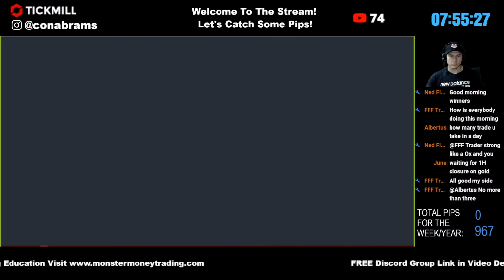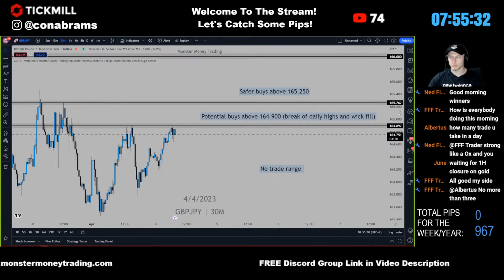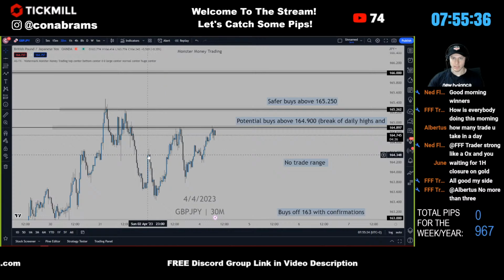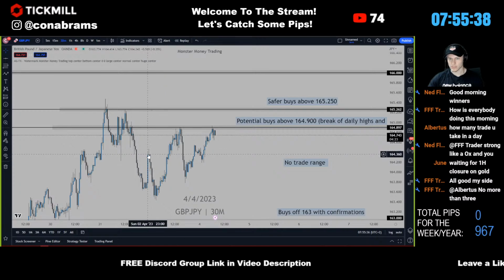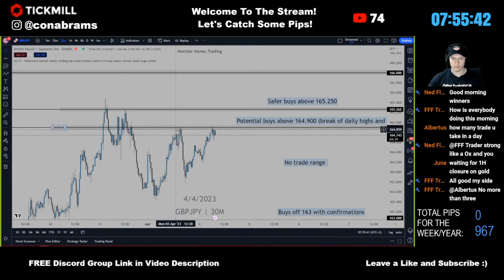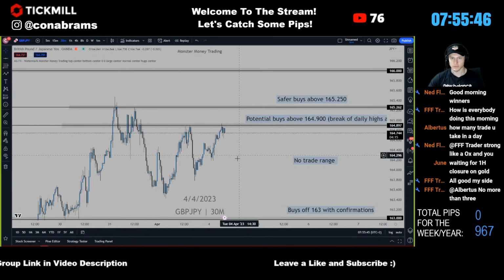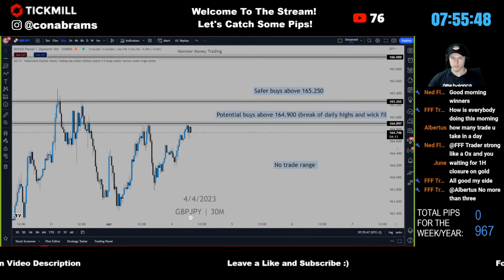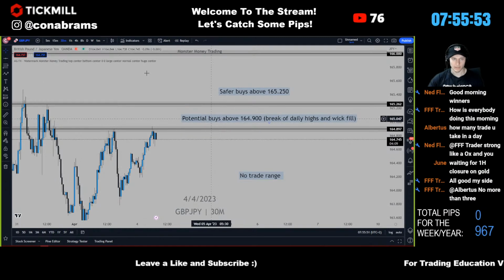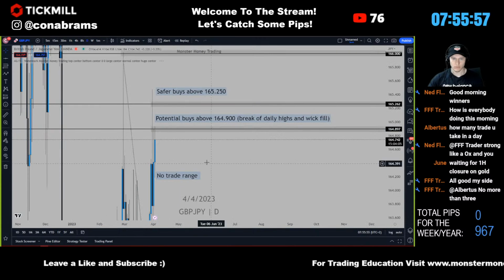Alright, and then having a look at GJ. You can see we're maintaining this bullish structure. Yesterday had those buys planned above 164.360. You can see it played out for a little bit, but we've grabbed more liquidity. Got a little bit of issues here to the left, but the reason I've got potential buys marked up above 164.900 is if we look on the daily, you can see here,